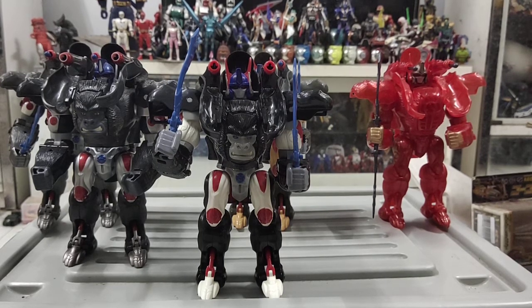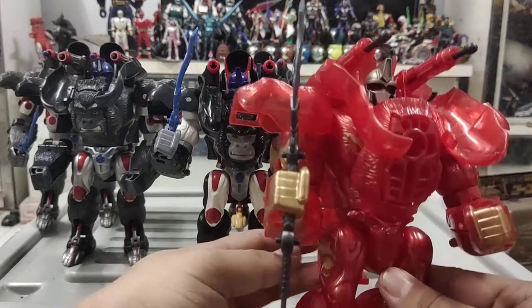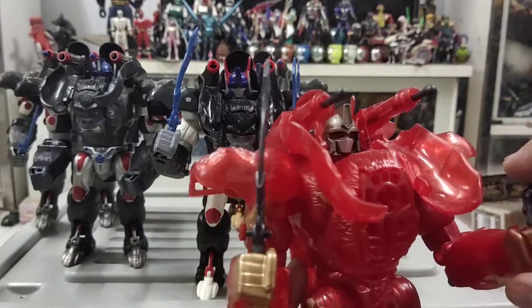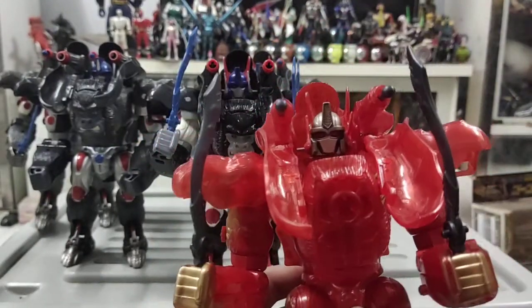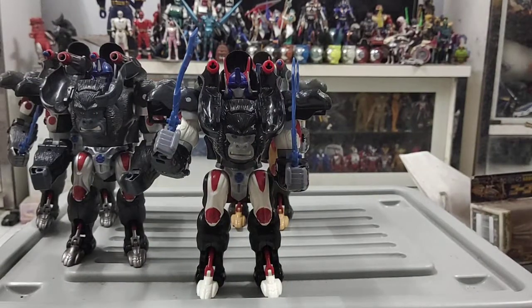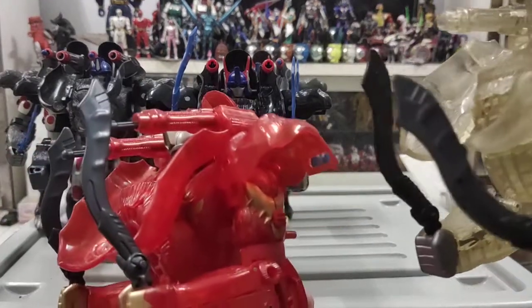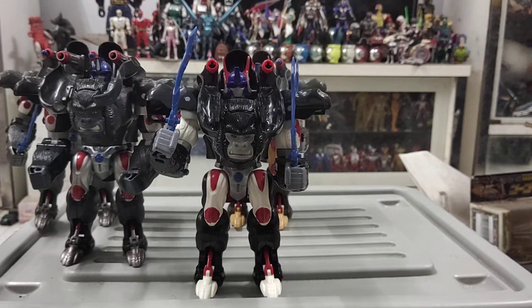Okay, then I will take a short look at my burning convoy. My burning convoy is also transparent, and the sad part is mine has a lot of broken pieces, which is the 2 flaps here are broken. But well, I got it cheap, so it doesn't matter. The difference between this and the other guy in terms of coloring is that the swords are actually dark gray, while on the transparent skeleton version, the sword is actually black. Maybe it is not so obvious, but they are different. Okay, so those 2 are the so-called special colored variants, and they are not that common, but they're still